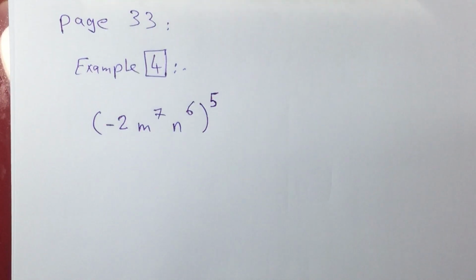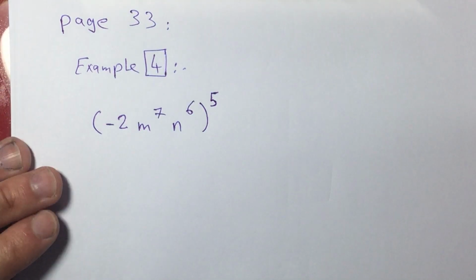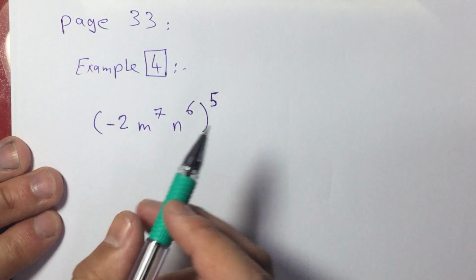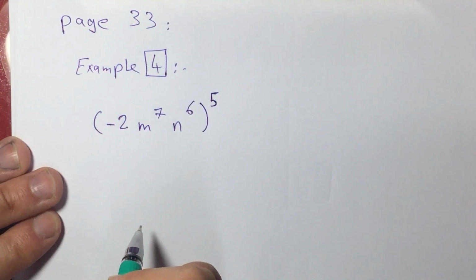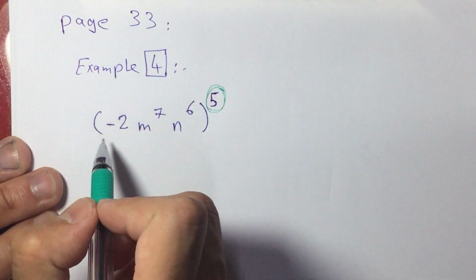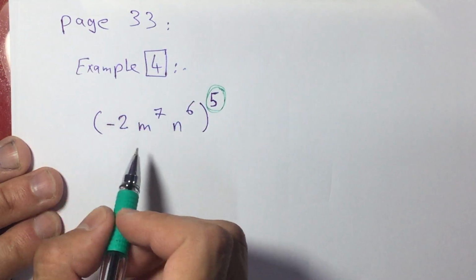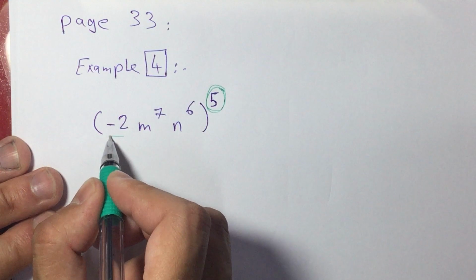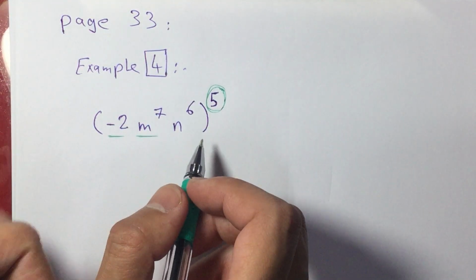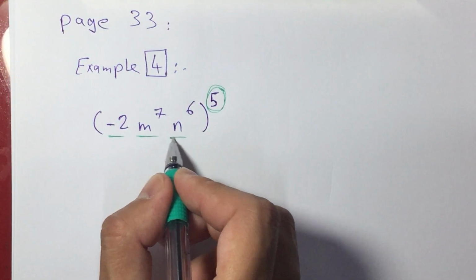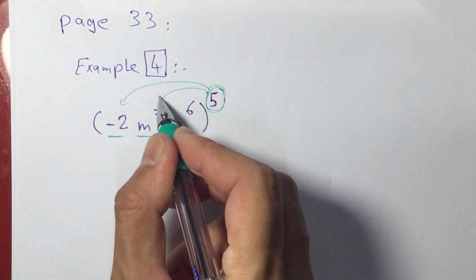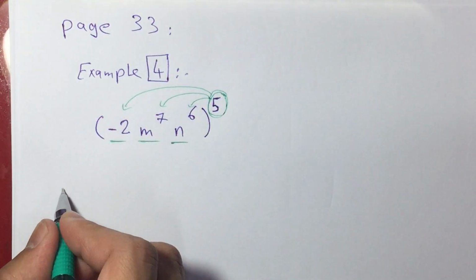So the rule will not change. We have the same rule. We have an outer power there, and these are factors between the parentheses, and there is a multiplication between them, so it is safe to distribute this power here on each factor between the parentheses. How many factors do we have? We have -2, a number, and we have a variable here called m, and here we have another variable called n. So we simply can distribute this 5 on each one of them,